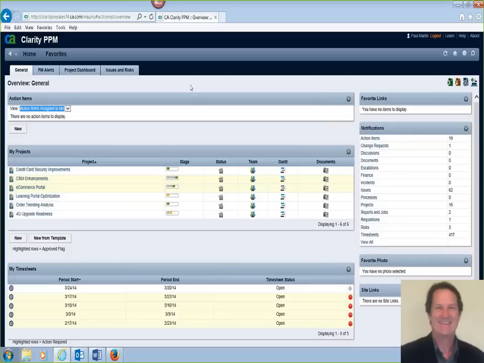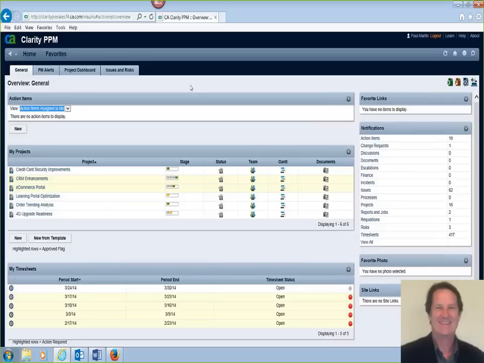Yeah, sure thing, Chris. Clarity supports this really well. Clarity has the concept of project templates, and a template is basically a standardized project plan that can support different project types. For example, we can have templates that support project planning at the project level, a very high level, or at a more stage level, so we have the ability to handle each stage, or actually go down to a very detailed task level, so that we're doing true project planning at a detailed level.